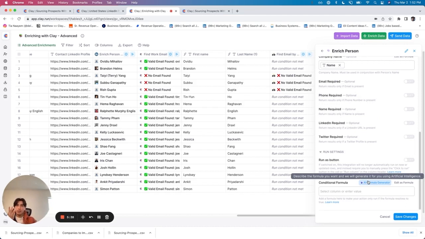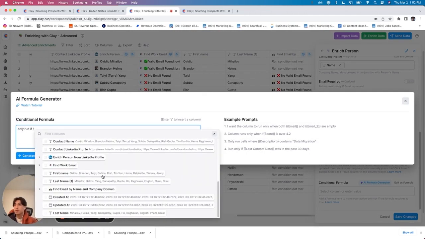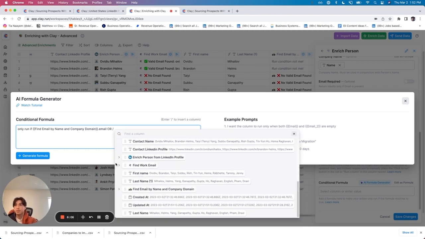And so there's 3 steps now, right? There's Clay email. Did it work? If not, run ZeroBounce. Did it work? If not, run People Data Labs. So we're going to go into AI formula generator, and I'm going to say this time, only run if, and I'm going to go to that ZeroBounce. I'm going to say only run if the ZeroBounce email or the Clay email